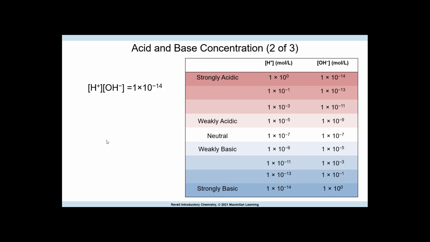Then here is a scale that, if you notice, goes from 0 to 14. This means actually 0 is very strong. 10 to the negative 14 has all these zeros in front of it, so there's a very, very small amount, and vice versa. 7, 10 to the negative 7 and 10 to the negative 7, this is neutral. If it's not 10 to the negative 7, then it's either going to go this way or this way, and it's either going to be weakly acidic or